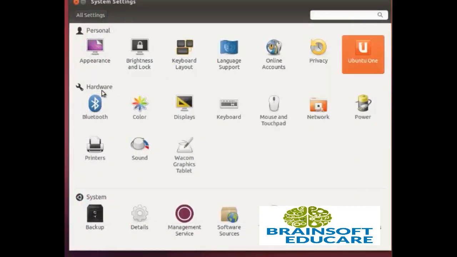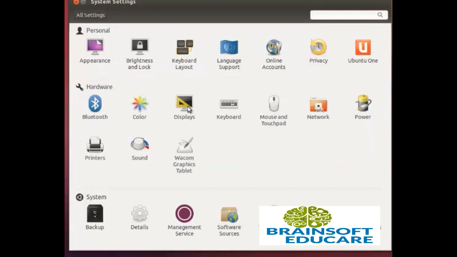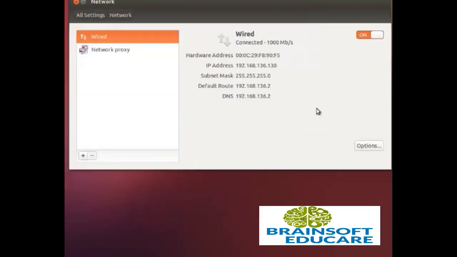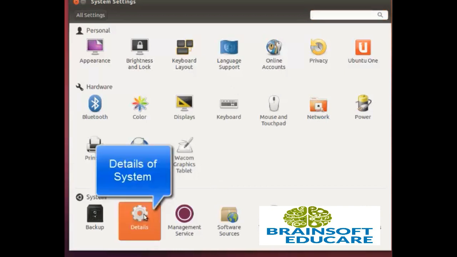Some hardware settings like for Bluetooth, for color, for displays, for keyboard, mouse and touchpad, your network settings, power settings, printer, sound and other graphic tablet settings, settings for backup, system details